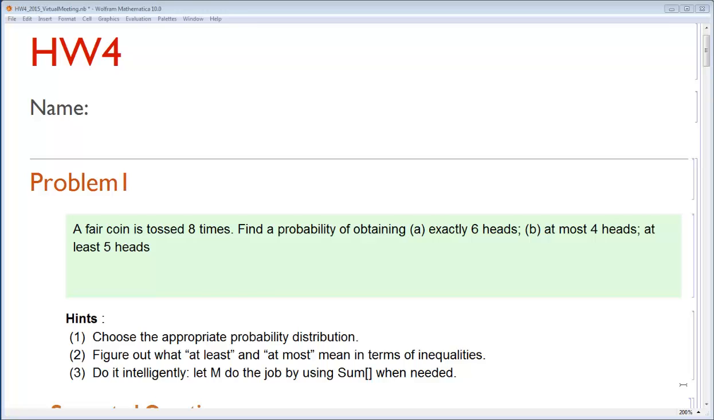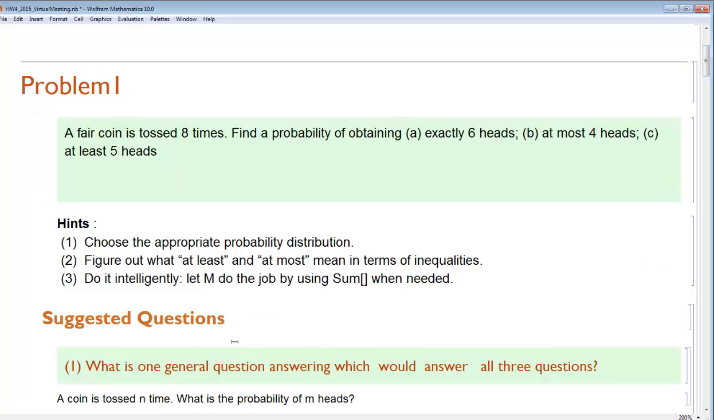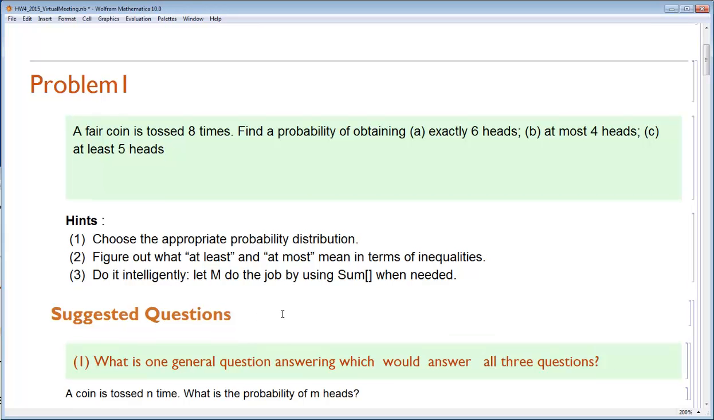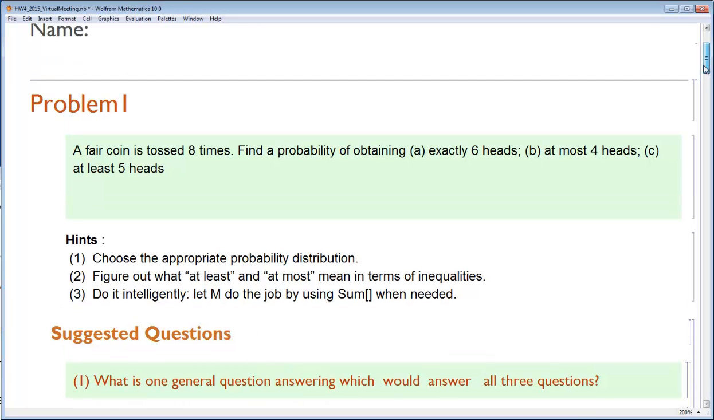A fair coin is tossed 8 times. Find the probability of obtaining A, exactly 6 heads, B, at most 4 heads, and C, at least 5 heads. Let us move directly to the suggested questions. The first: what is one general question, answering which would answer all 3 questions? Indeed, there are apparently 3 questions dealing with 6 heads, at least 5 heads, at most 4, so maybe we